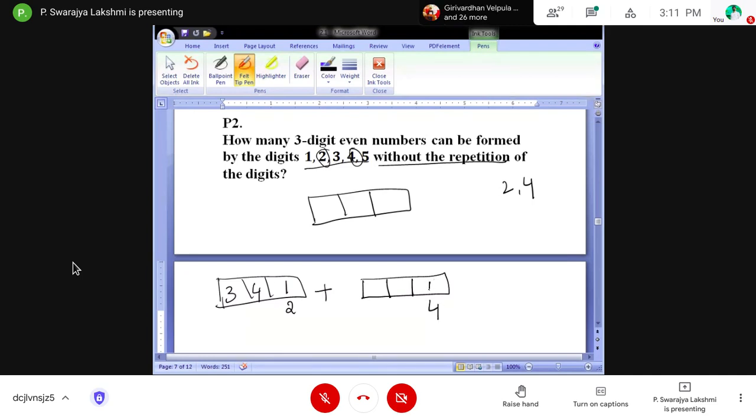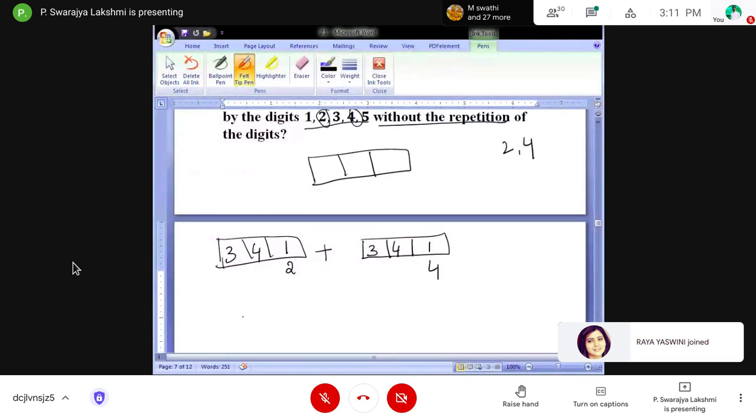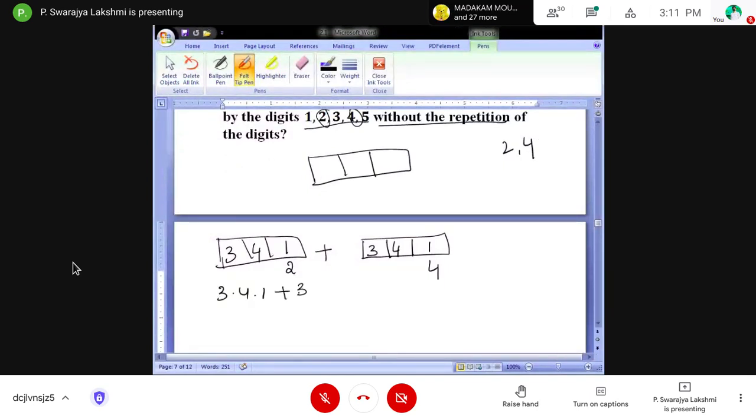So one number is gone here, so we have 4 numbers to fix in the previous box, and in the one before we have 3. So the answer becomes 3 into 4 into 1 plus 3 into 4 into 1, or simply 3 into 4 into 1 into 2.